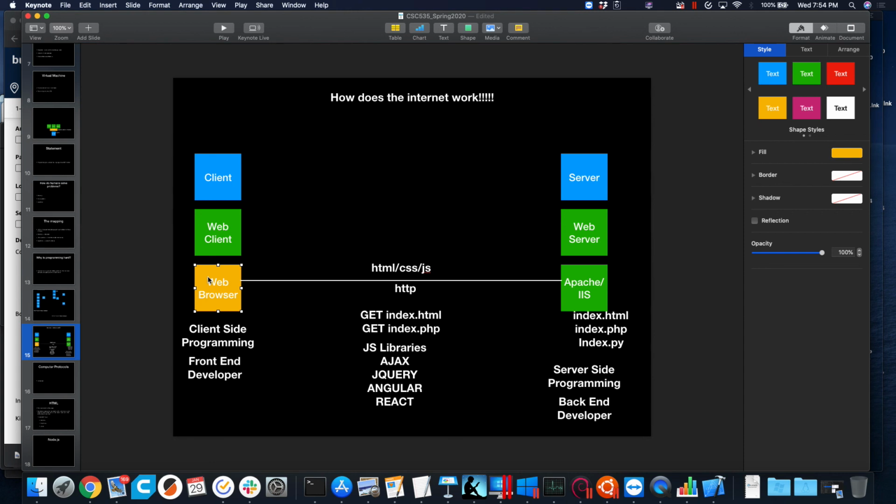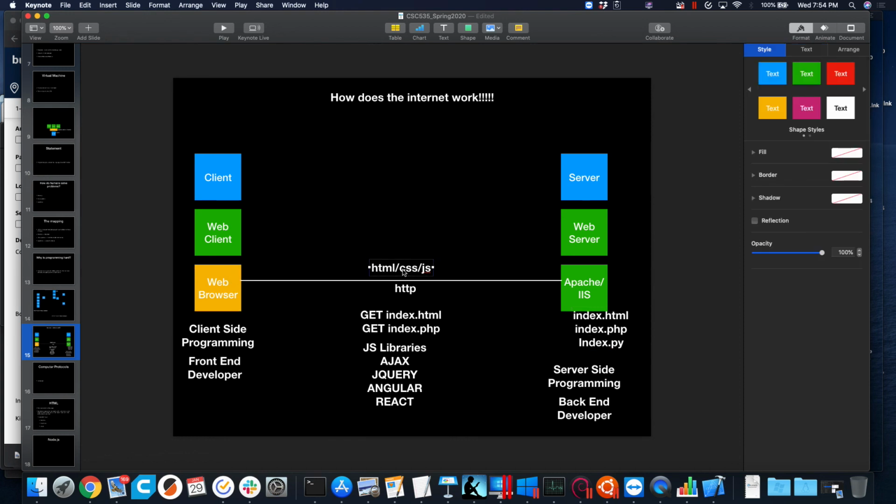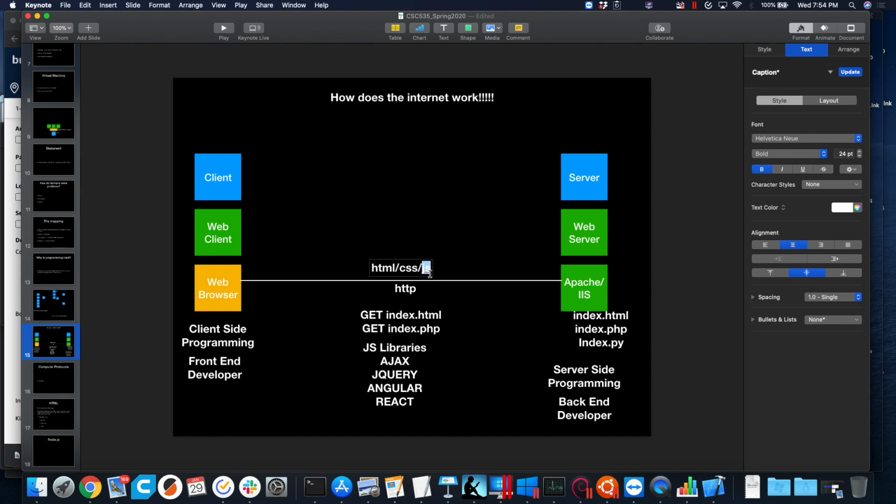Make sense? All right. So this server's job is to receive HTTP requests, fulfill those requests, and ultimately spit out HTML, CSS, and JavaScript. Whether that means we're directly spitting it out, or we're running this PHP program first, or we're running this Python program first, or we're running a Ruby program first, whatever it is. Make sense? At the end of the day, this guy expects that format. So our evidence that HTML is not a programming language is the fact that JavaScript has to be his close buddy in order to accomplish the things that we think are required on web pages.